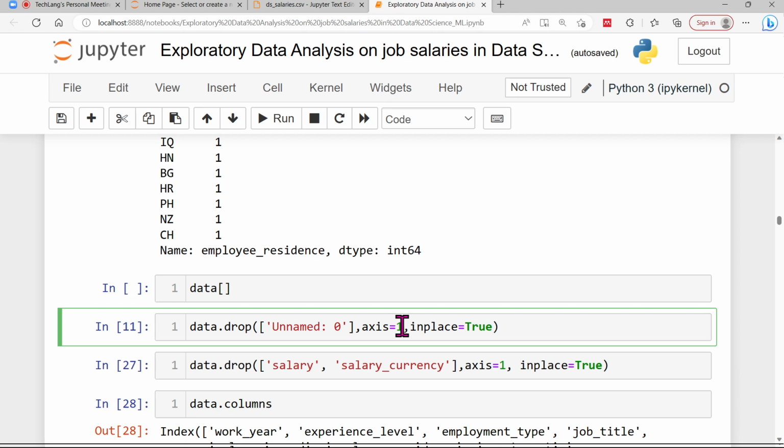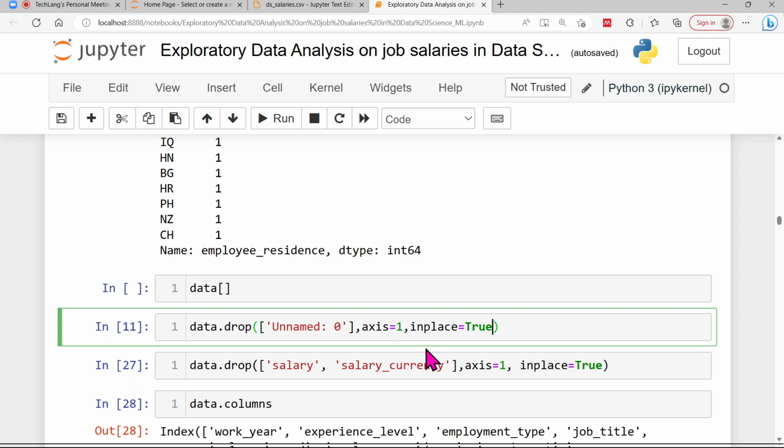So here we have a point of discussion: can we have a column duplication? Yes, we are deleting that. inplace equal to True says you are going to delete from the original location itself. This is the optional part. If you are not writing this, it means you are not performing the same action relevant to the original